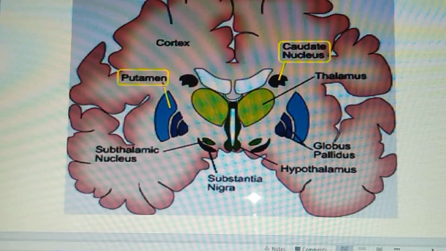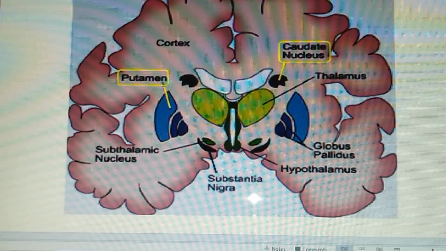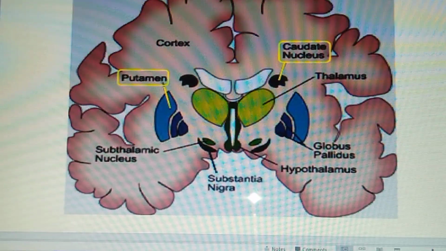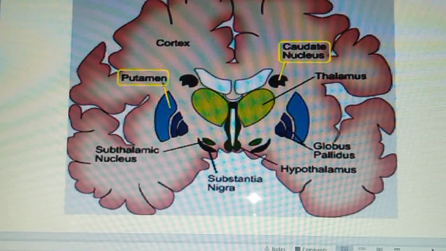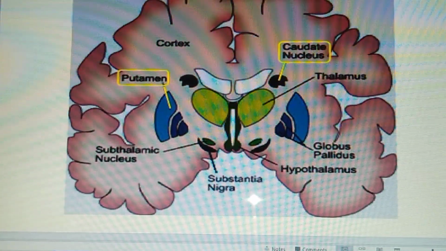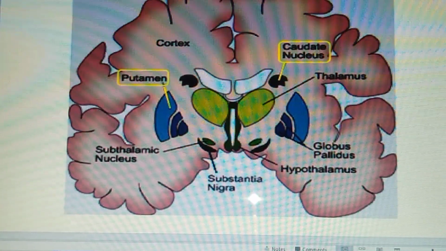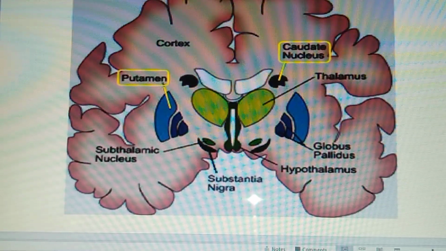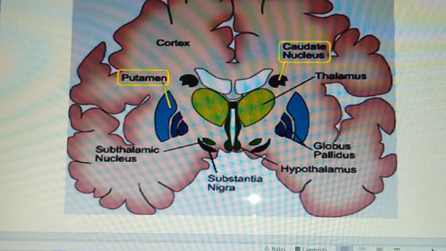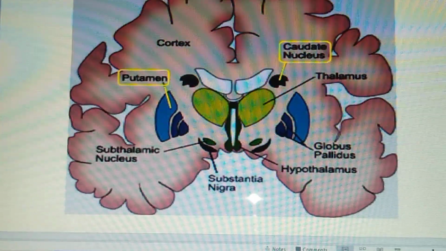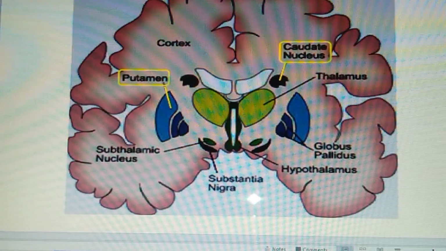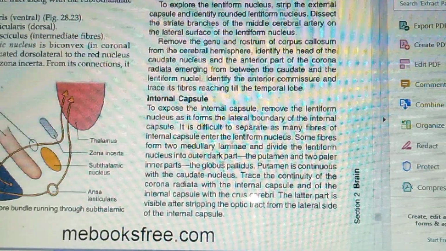subthalamus. Now it consists of grey matter and white matter. In the grey matter, the cranial ends of the red nucleus and the substantia nigra extend into it, right? You already know these are the parts of the midbrain, the red nucleus and the substantia nigra. Their cranial ends are extending into the subthalamus. Second is the subthalamic nuclei itself, and the third is the zona incerta, right? Zona incerta we will see here.